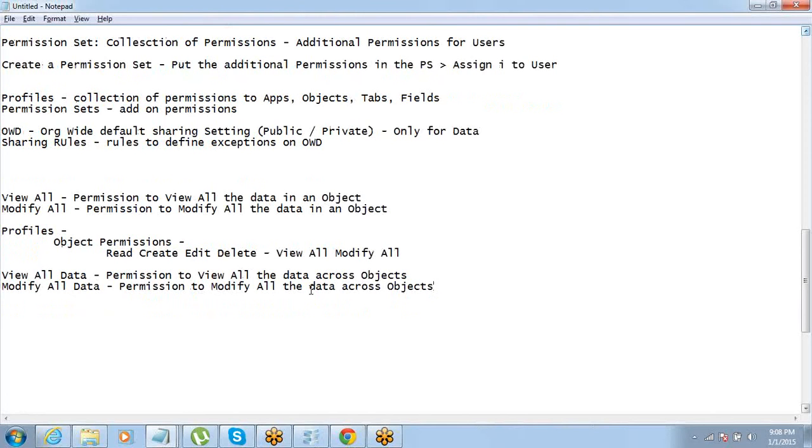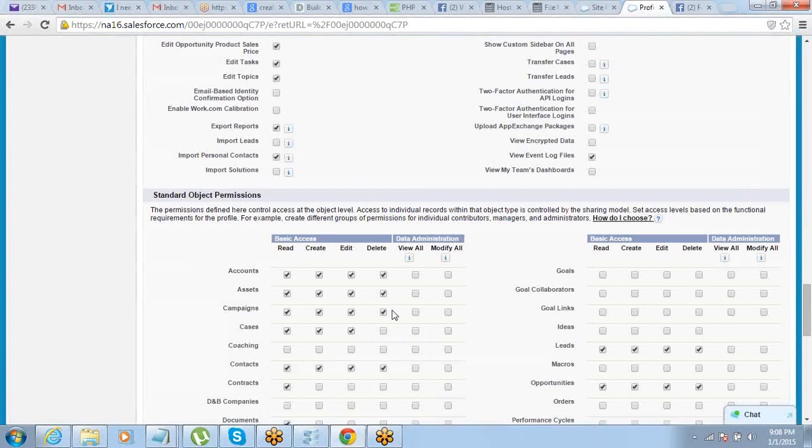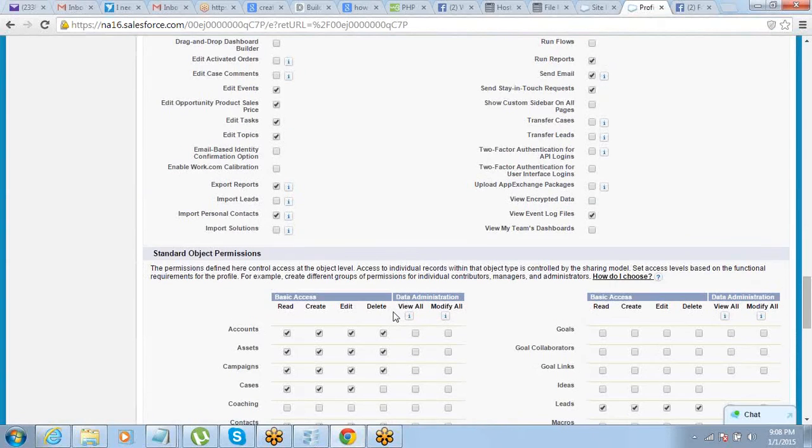Alright, so what is this? This is basically the permission to modify all the data across objects. Got this? And to modify or to view all the data across objects.